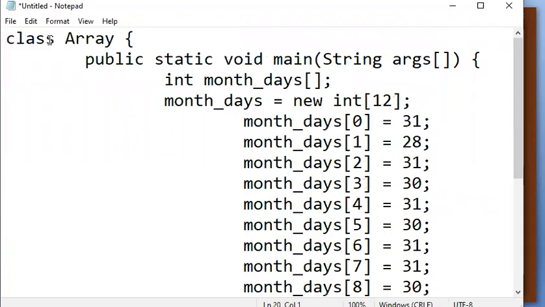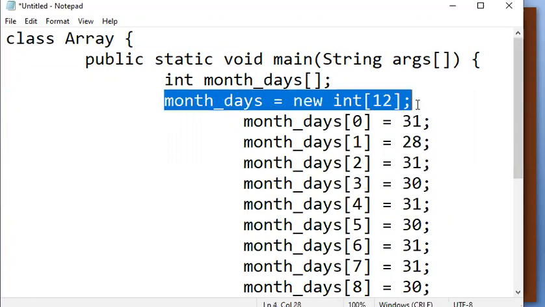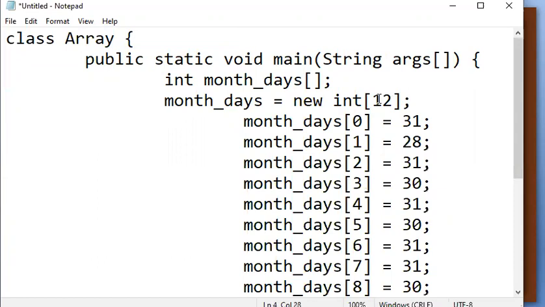See, the name of the class is array. Then in that you are writing public static void main(String args[]), and then you are declaring an array month_days. Okay, and you are allocating some memory: new int[12]. So 12 values I require. So month_days[0] means January. January contains how many days? 31.